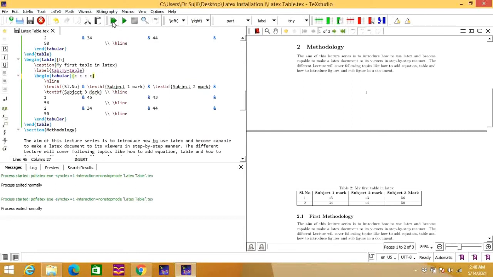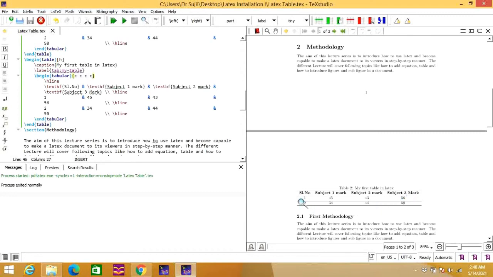Now let's see by running this what changes are going to appear in this table. So now you can see all the vertical lines are now removed.